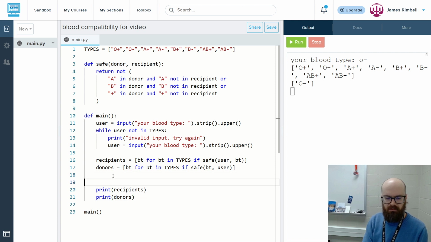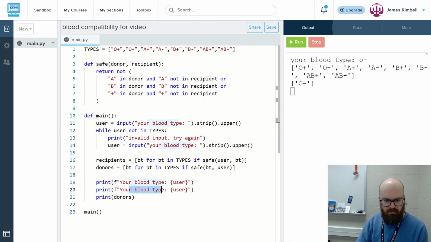So let's go print, I think at the end we should say, like, your blood type is, and then have a little intro, like, hey guys, we're going to do this. But I don't want to make it too long. So let's say, okay, your blood type, and then you can donate to, and here we're going to go comma join